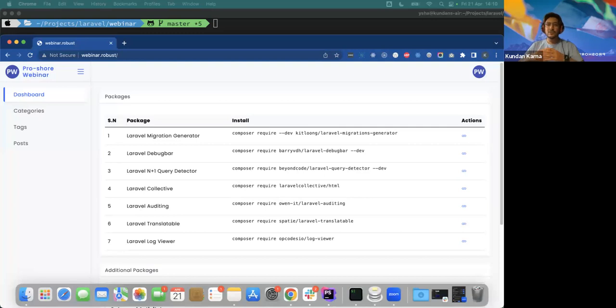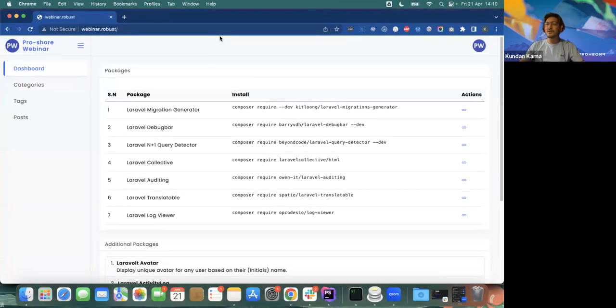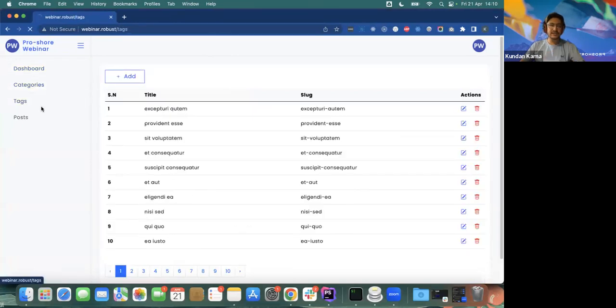Laravel. So for the demo purpose, I have created an admin dashboard where you have categories, tags and posts, and it's a basic setup to show how the packages work in a real life project. It's like a dummy setup where you can imagine yourself being in a real life project. So it's a basic setup where you can have categories with title and slug and tags with title and